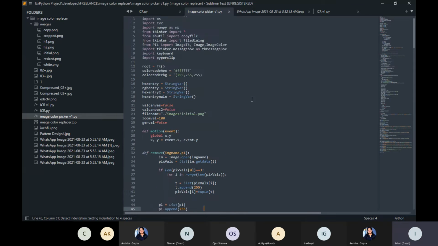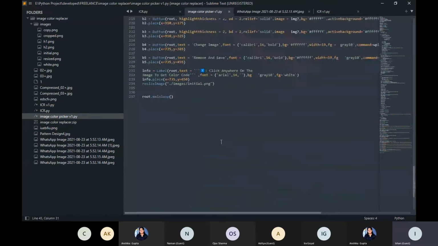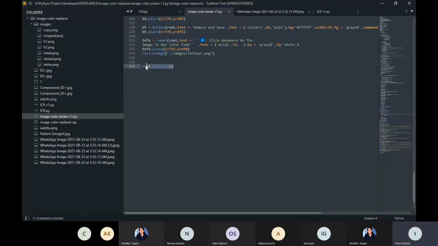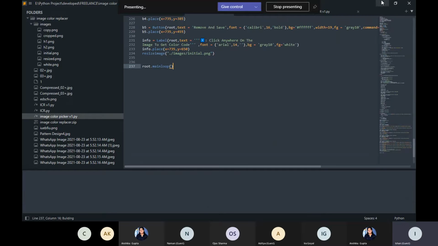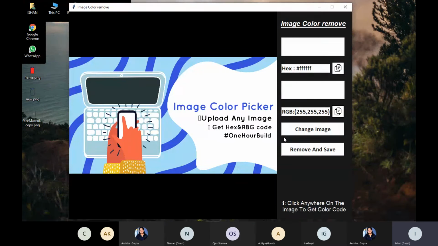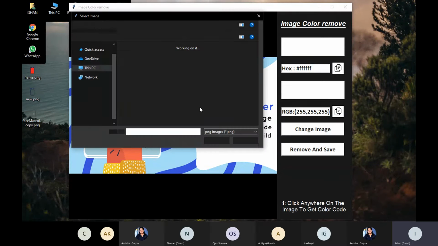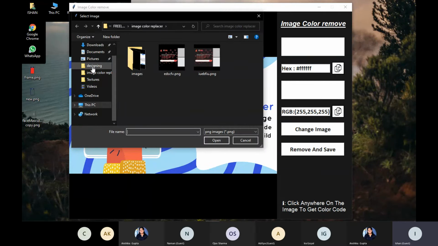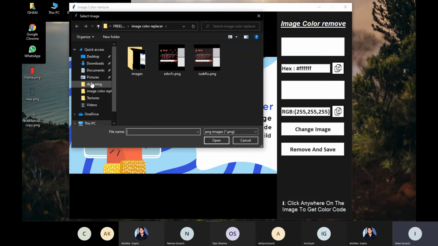This was the software I made using Python. It is something like 230 lines of code. We can try it in another session to make this filter and this software. We'll learn in another session sometime.